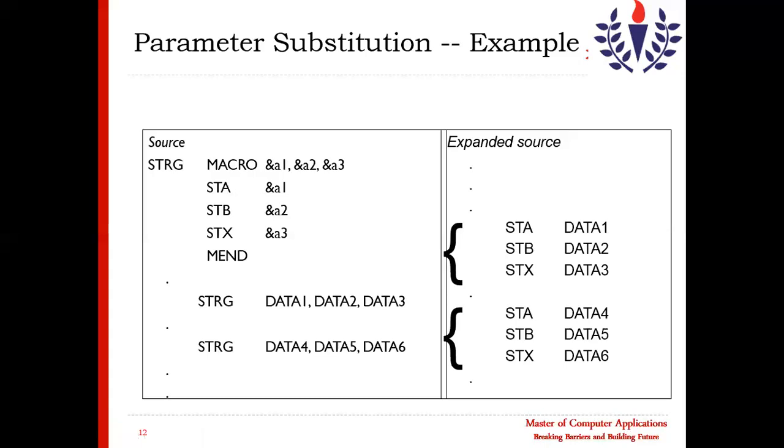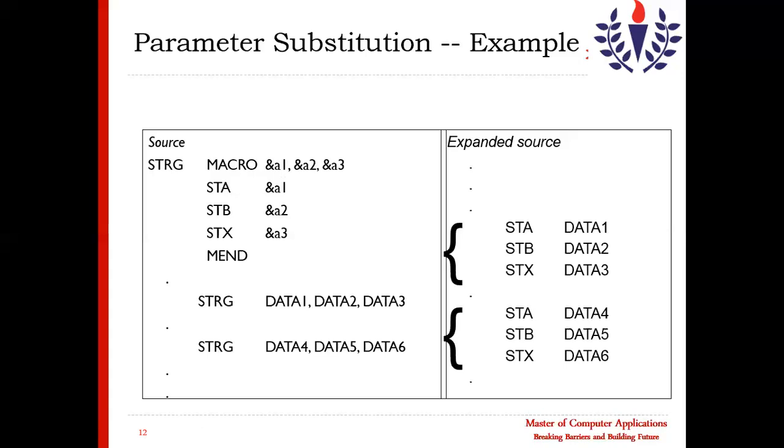So in this way also I can define the parameters, by defining the values here. Data 1 equal to which argument, data 2 equal to which argument, data 3 equal to which argument, and here also I will put a1 equal to, a2 equal to, a3 equal to.